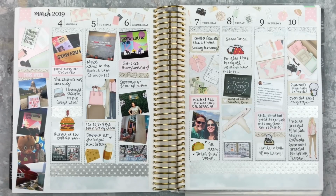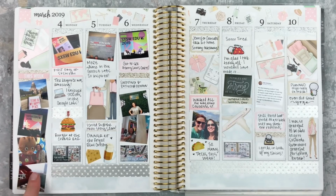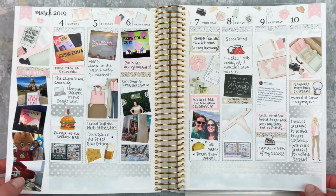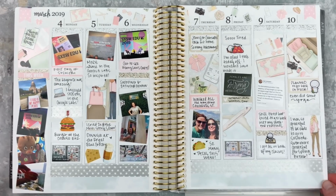Okay, here is the finished spread, and I really love how this turned out. I'm so glad that I chose to do this because I didn't want to leave any of my pictures out, and I really like how this turned out. It looks very spacey and airy, and I'm not sure that I intended for it to be like that,